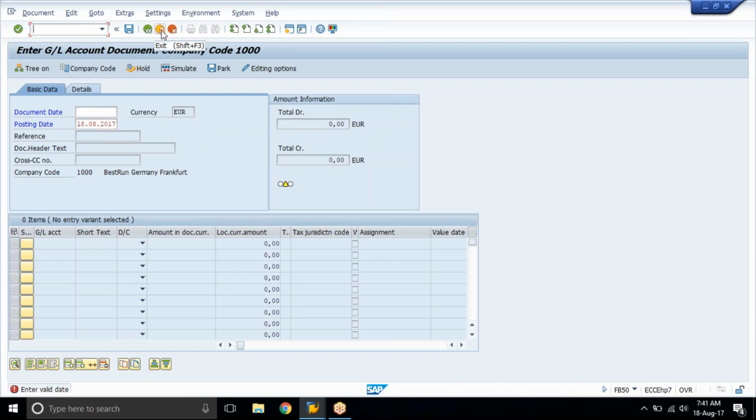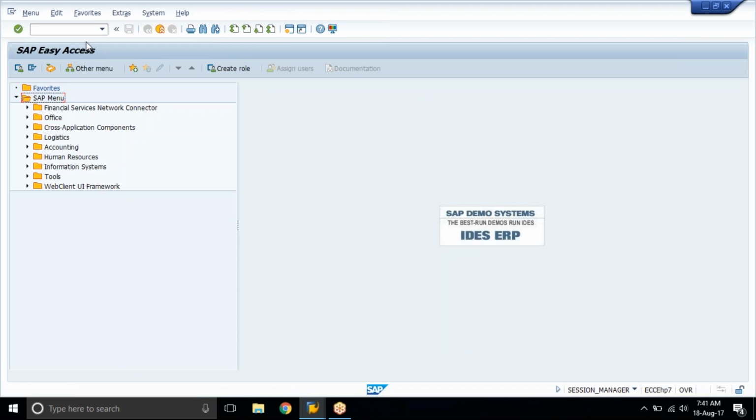So how to get back to the main window? One option is to go back or press exit, and the other way is to put a slash n here. Whenever you put slash n, it will take you back directly to the main window. These are called